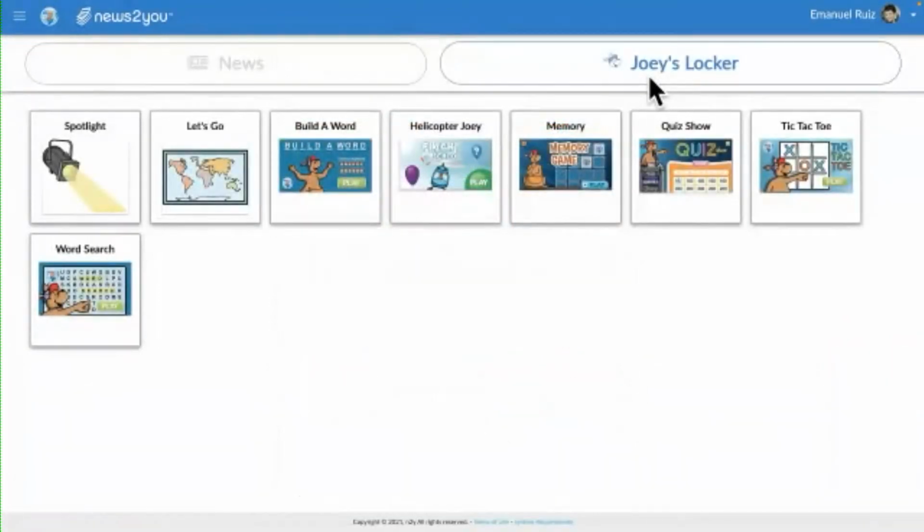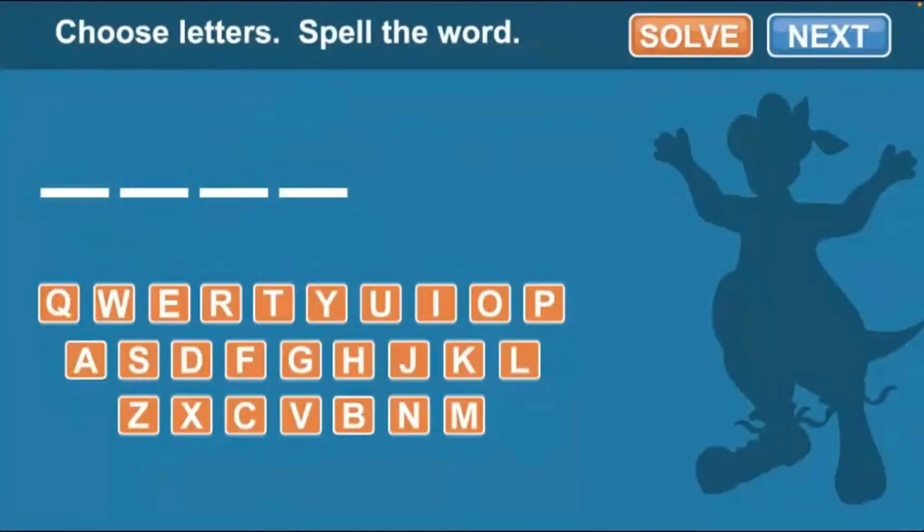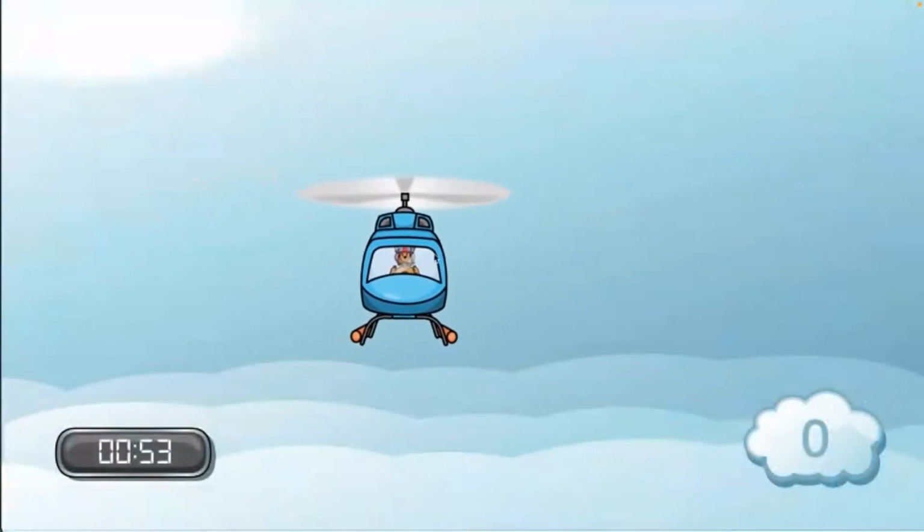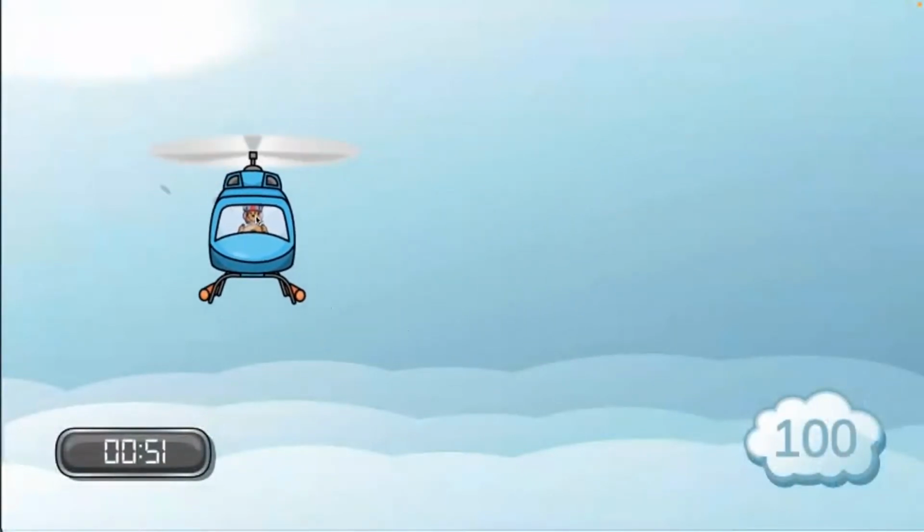And each week, Joey's Locker has plenty of skill-building activities which students can play by themselves, with other students, or against the computer. And of course, they are all connected to the current issue. Students can play a hangman-style game to solve words with Build a Word, practice fine motor skills by popping specific balloons in Helicopter Joey,